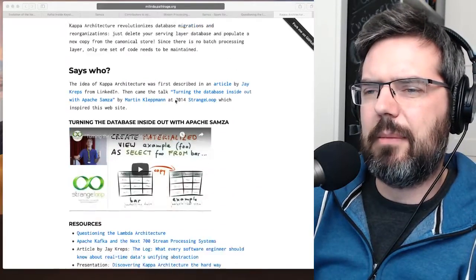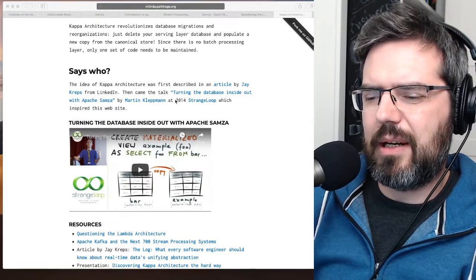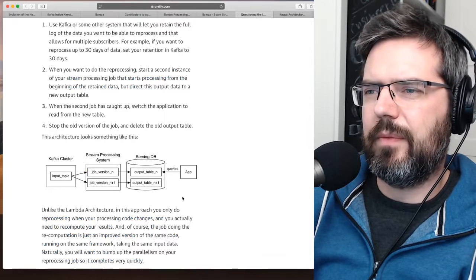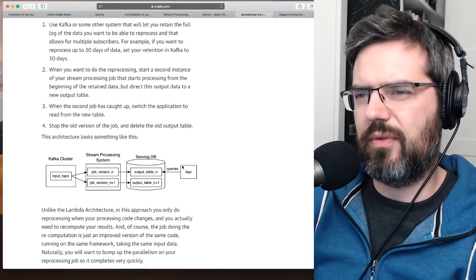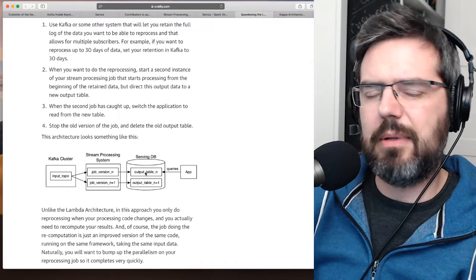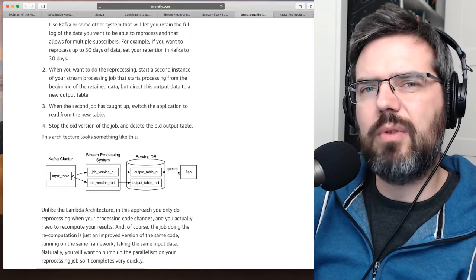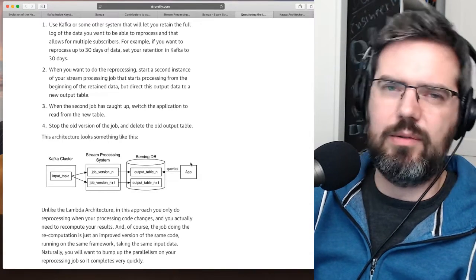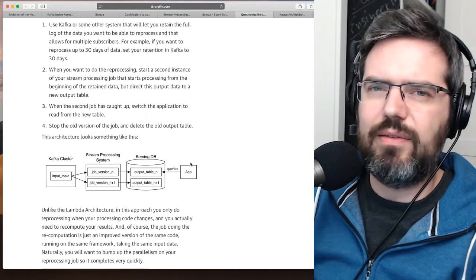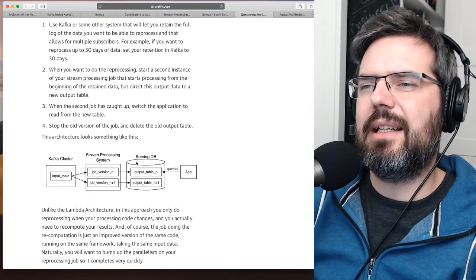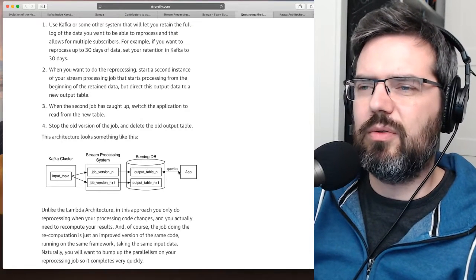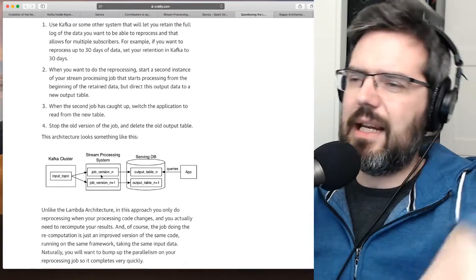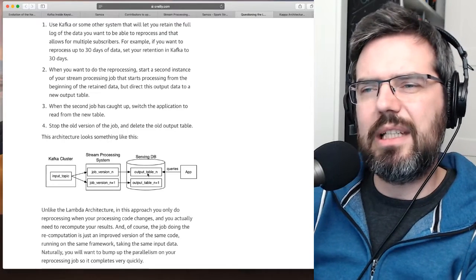Where they describe the Kappa architecture, and the idea here with the Kappa architecture is that you move completely away from REST calls or from calls to tables and so on, that you're moving more or less to a complete streaming architecture. So your app or your software, your user interface that is running on web servers, is connected not only to serving DBs, but also to a streaming system like a Kafka cluster, and then you can basically stream out the data as it comes in, and you don't need any more batch